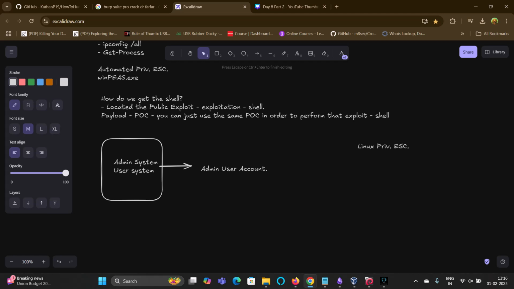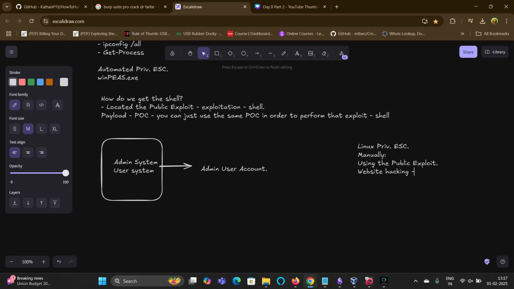For performing Linux Privesc manually, the approach comprises only two things. Either you use a public exploit, which I have already told you how to locate and use, or you use website hacking.